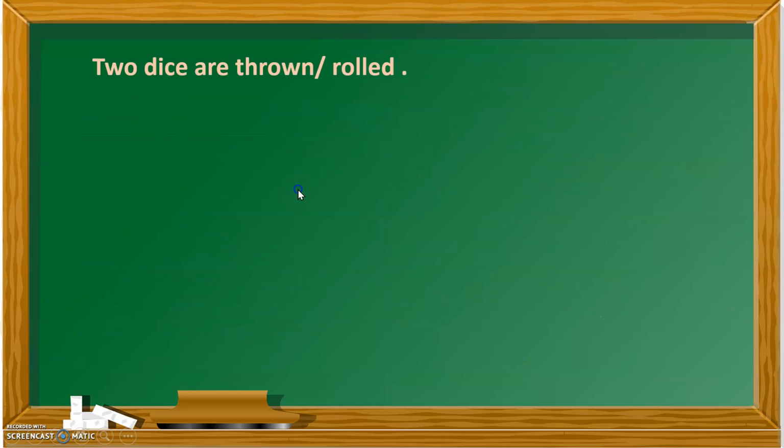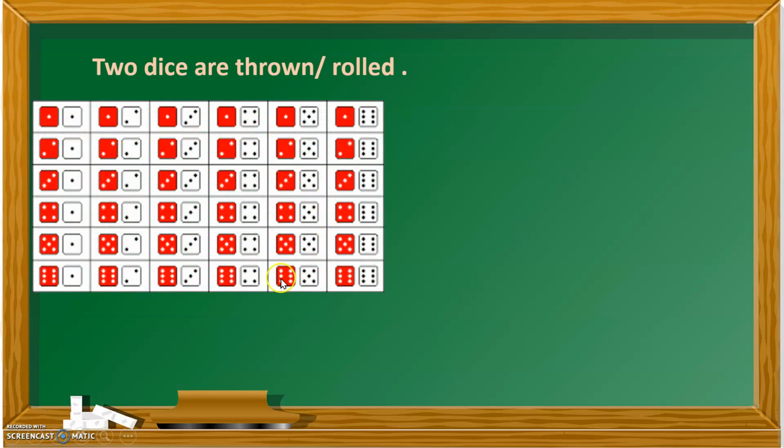Now before we actually start taking up these questions, let us have a look at the sample space for the random experiment when two dice are thrown or rolled. As we have seen in the earlier videos, when two dice are rolled or thrown, the upper faces would look like this. You have all seen dice being rolled. This is how the upper faces look. The red is the first die, the white die is the second die. This is how it looks. You do not have to draw this chart. This is only for illustration purpose.